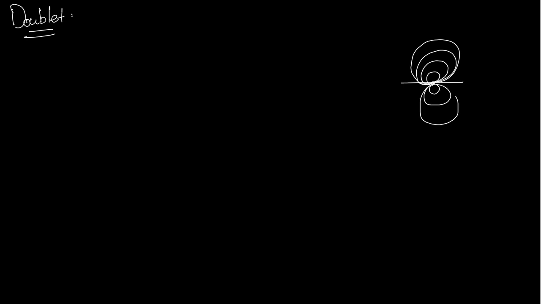This is called the doublet flow. Like the name suggests, it looks like a doublet. Let me quickly draw it. So you have a small circle, bigger circle, more bigger circle. Okay, these are not exactly circles, but consider these to be circles. Sorry for the bad drawing. So this is a doublet flow, and we'll have streamlines that go like this. I have not marked the directions. This is how it will go.